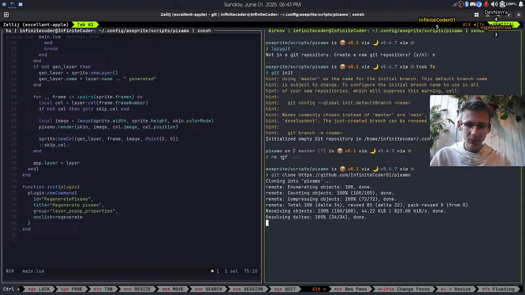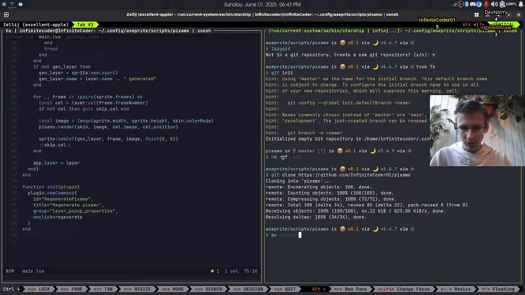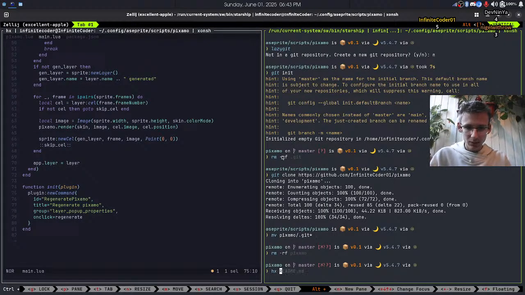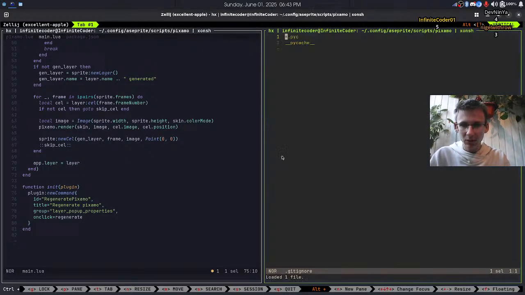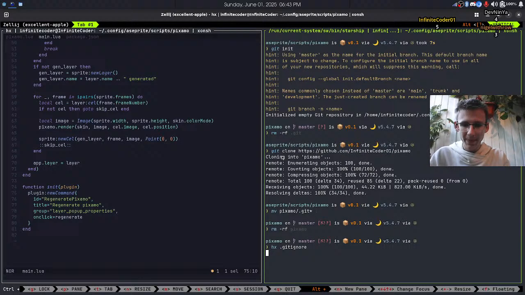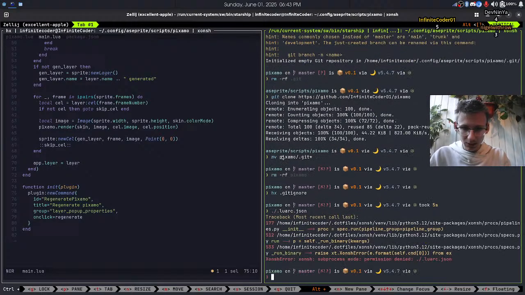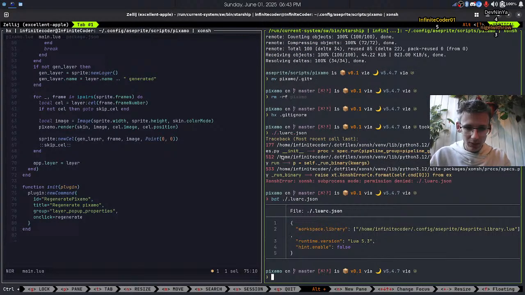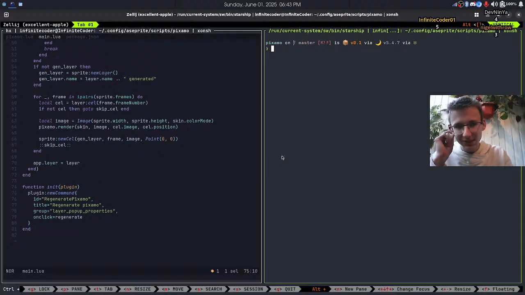Some more git here, pixamo, git ignore, lua rc JSON, because it's lua rc JSON. Yeah, it's not actually displaying properly. That's interesting. One pass didn't work for it. Anyway, now